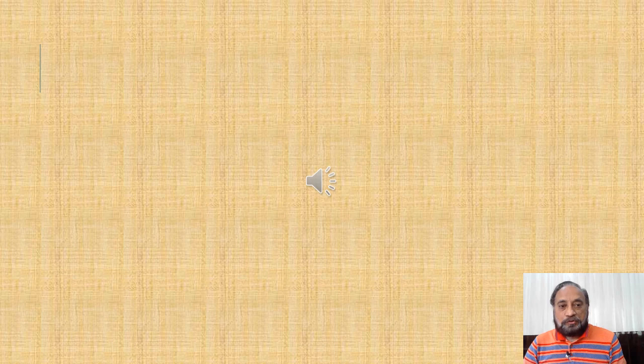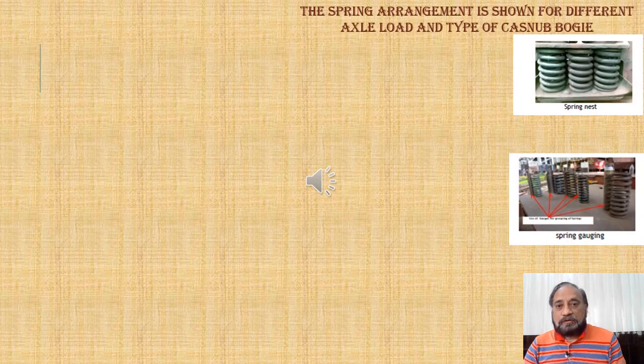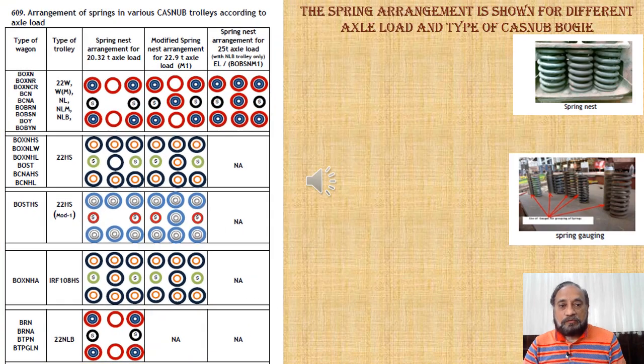In this sheet, we would be discussing the spring arrangements for different axle load and different type of CASNUB bogies. So this is the table showing arrangement of springs in various CASNUB trolleys according to axle load. In this sheet, we have type of wagon in this column, type of trolley in this column, and the number of springs per nest